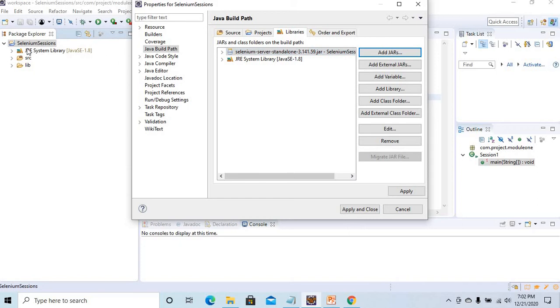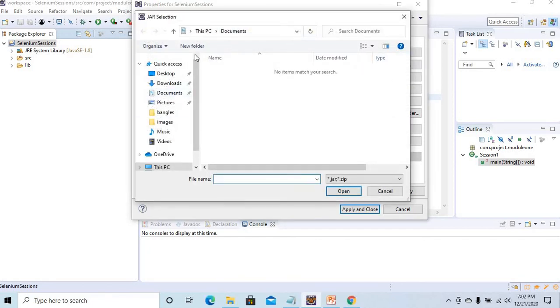So tomorrow if you share this whole project with somebody, if you export it and other people import it, they don't face any difficulties, because all your jar files are inside the project folder, and that too with a relative path. Got my point? So this is a better way to add all your jar files. The other way is Add External JARs. Let's click on this one. It will navigate to your hard drives.